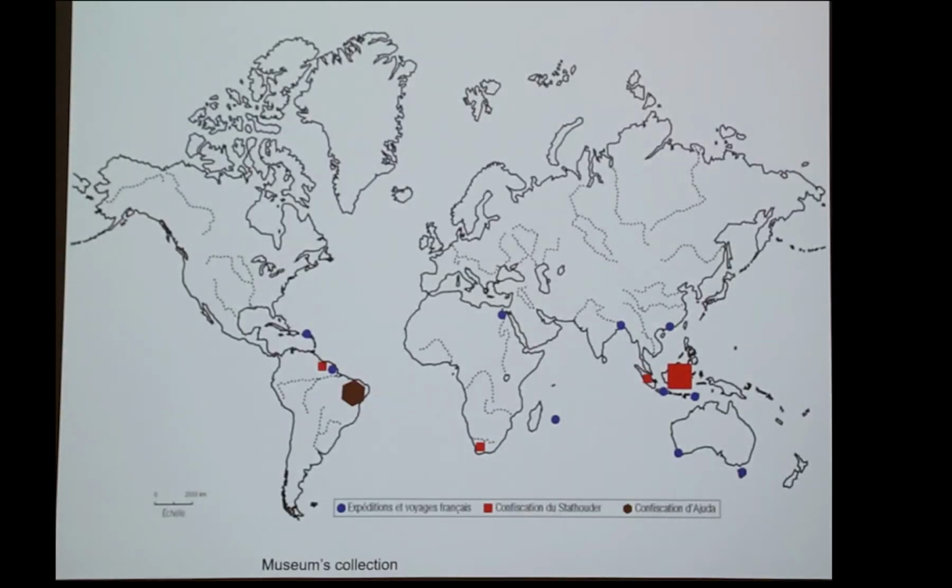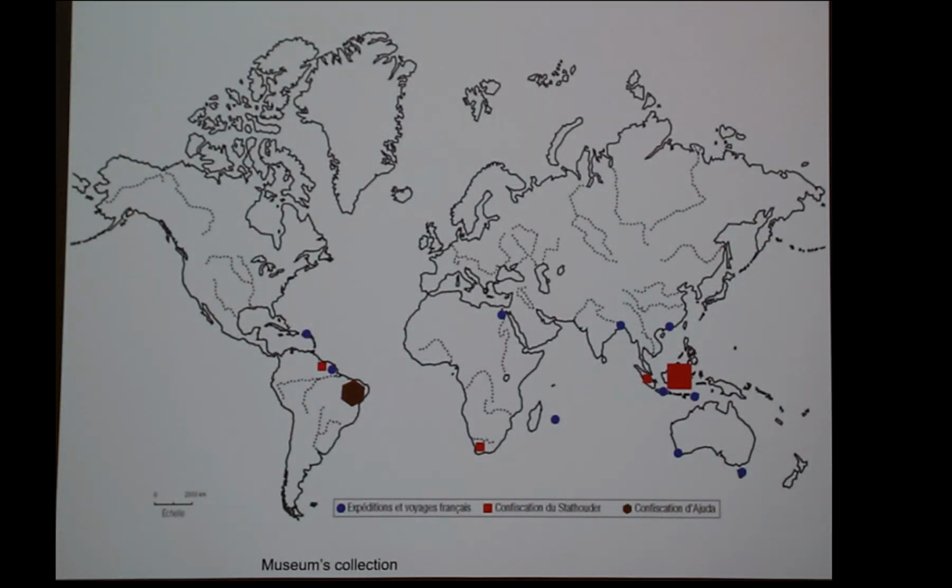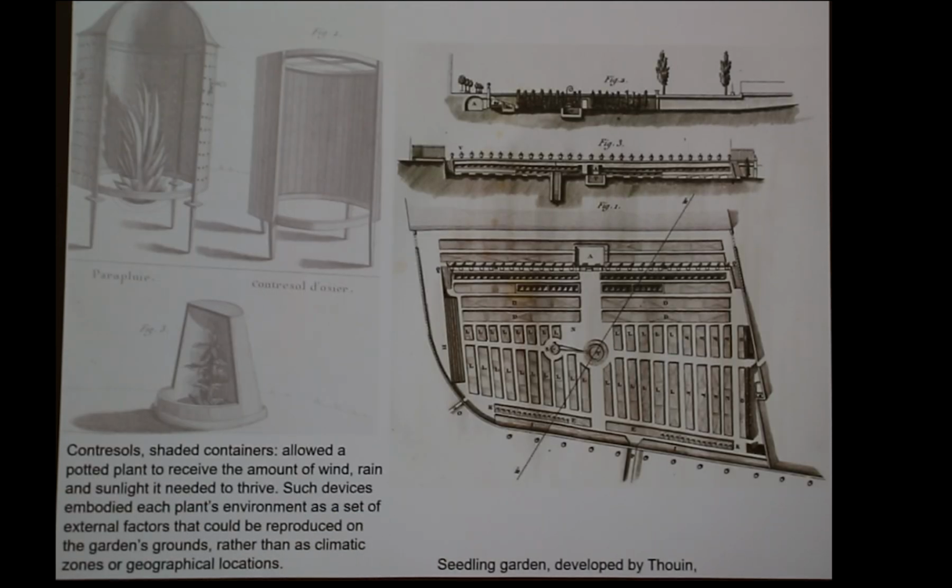And actually, the museum's collection does not come from France, it comes from all over the places where these expeditions are taking place. But when they take all these species, organisms, on their boats, only about 20% survive on the way back. And those that survive, because of this experience, the gardener of the museum, Flynn, devises these